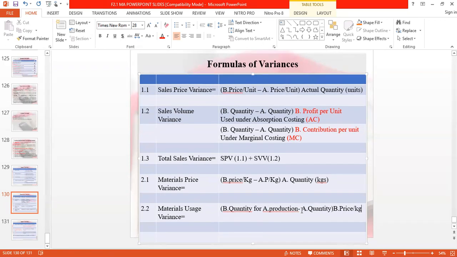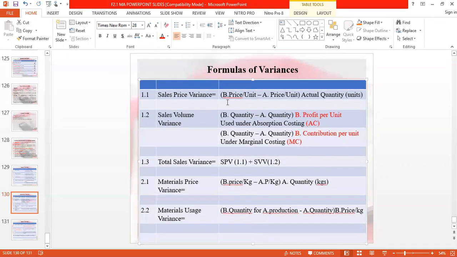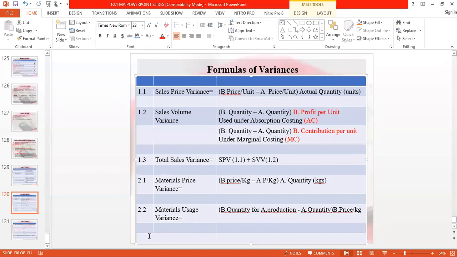Budgeted quantity for actual production minus actual quantity, into bracket, multiply by budgeted price per kg. Okay, that is material. So